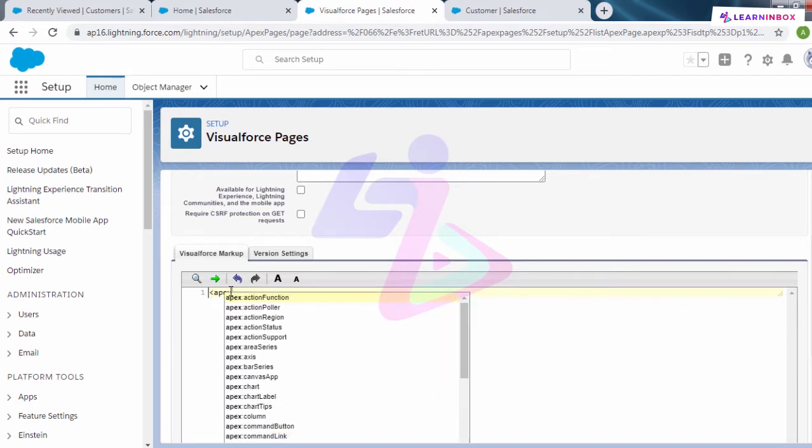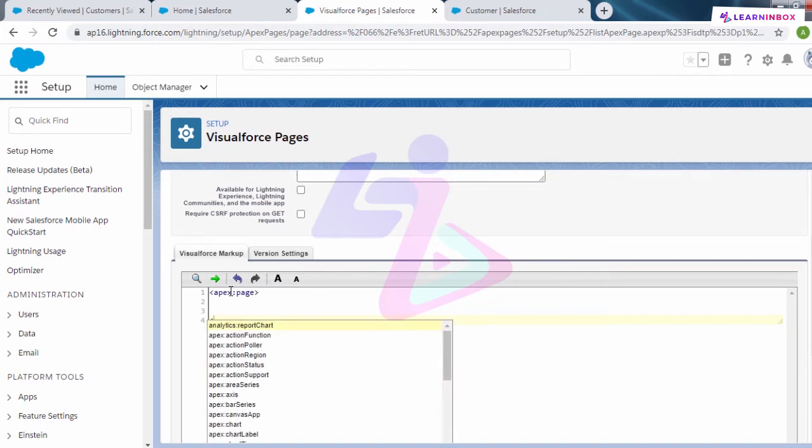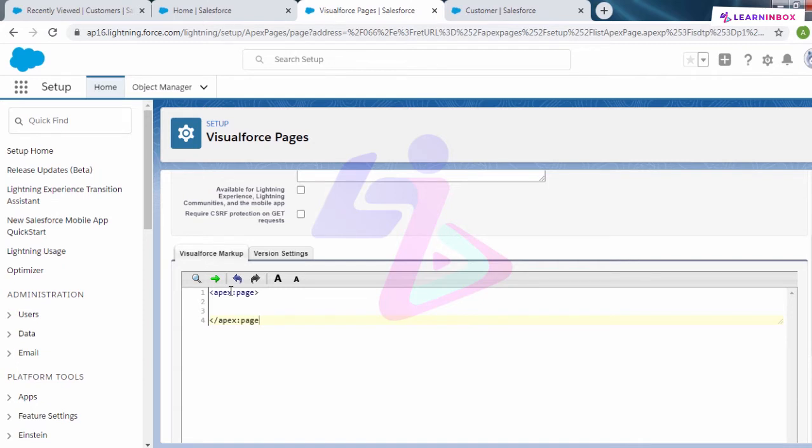So I'll write apex followed by page. Okay, so apex:page, and also we have to end that apex:page. We have to create an end tag for that. So let me end this apex:page as well. Now all the lines of code would be between these two tags.